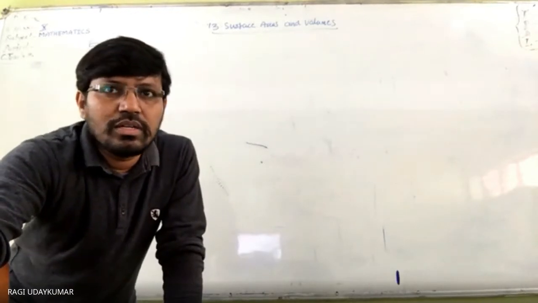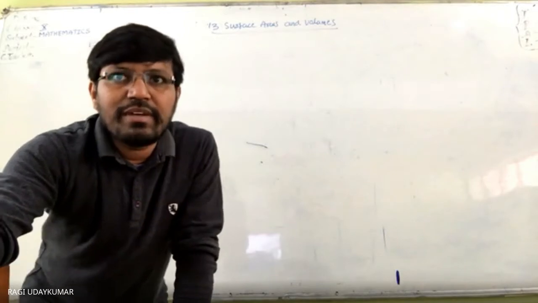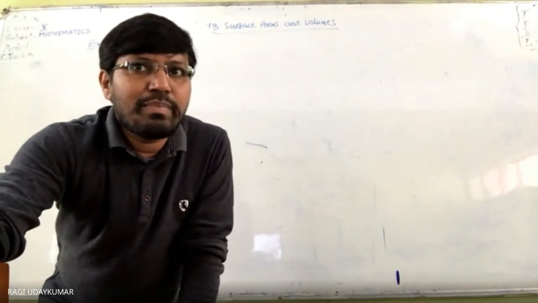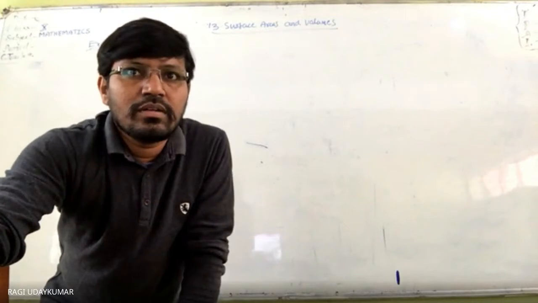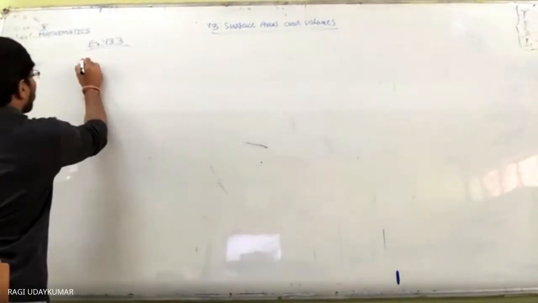Yes, sir. So the question is given to you. Here you write that the shape of the well is in the cylindrical form and the platform will be in the form of... platform किस में होता है? Cuboid form का होता है. So the question number 3 here.